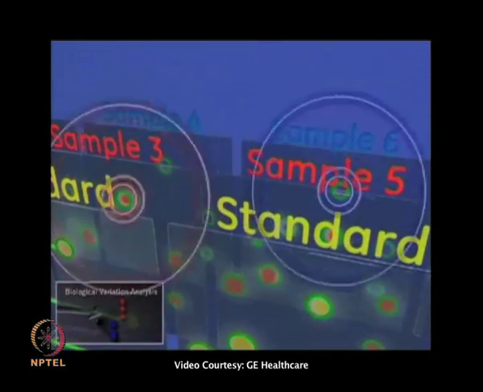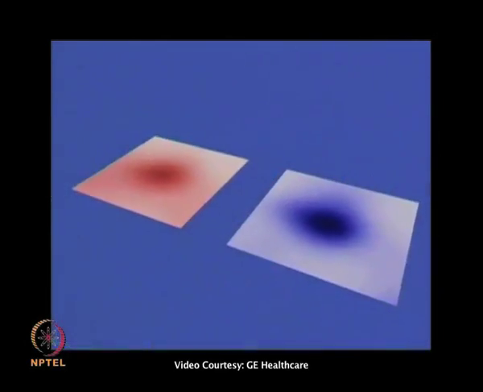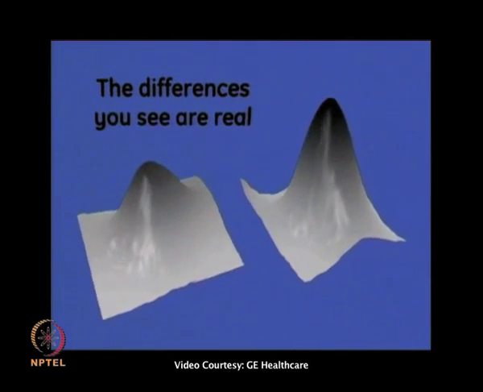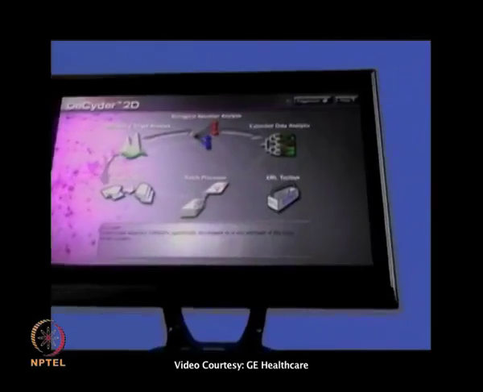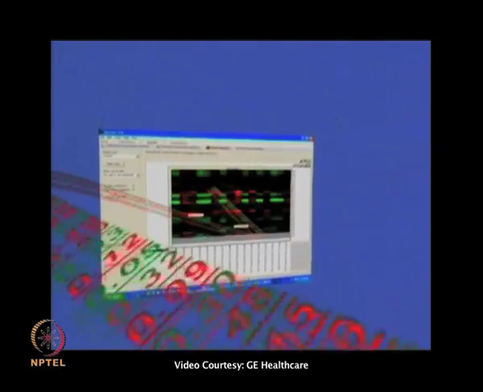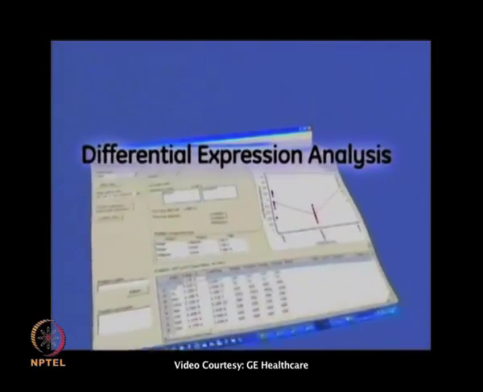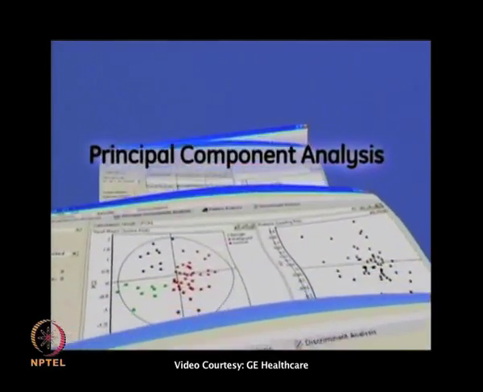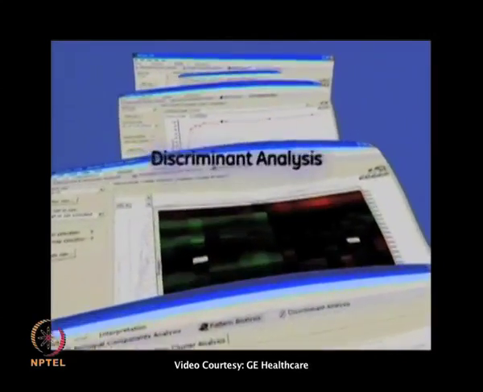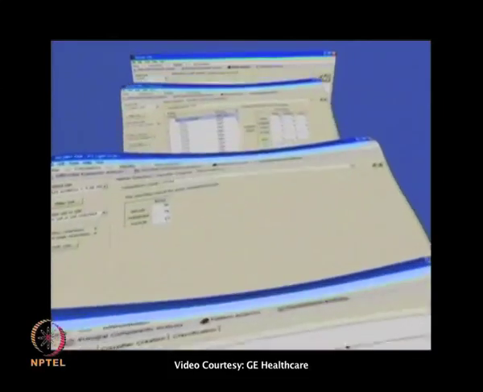Then these BVAs can be analyzed further in EDA, that is extended data analysis. Here you will have lots of stringent statistical data, that is differential expression analysis, pattern analysis, discriminant analysis, and PCA analysis.